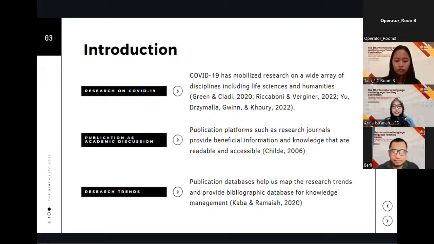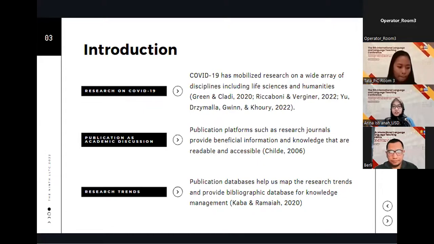The second argument is that publication platforms such as research journals provide beneficial information and knowledge that are readable and accessible. Research publishing companies such as Springer even explicitly offer the research community ways to improve the publication process, innovate across scientific communication, and develop open research. The publications also accelerate and ease the research community's work, extracting useful knowledge about research topics, authors, and